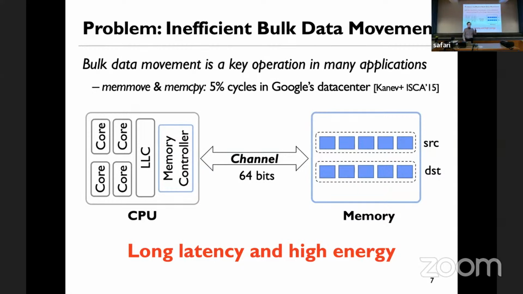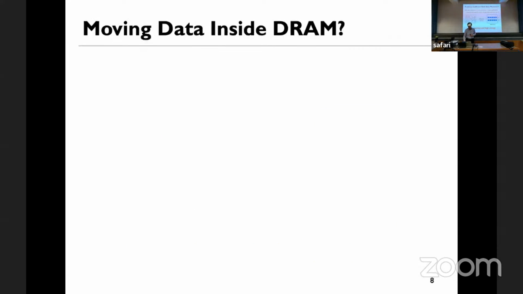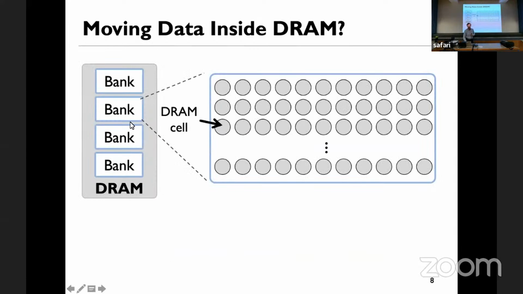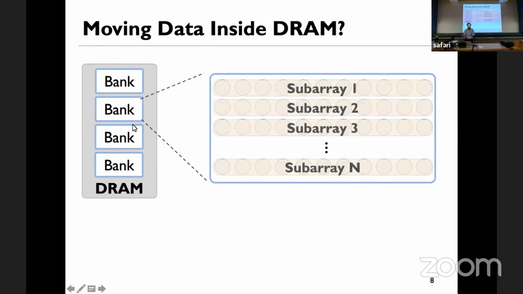So I think this is actually good to think about, because if we keep the current paradigm where we keep increasing the latencies, then energy is also going to increase. So basically moving data inside DRAM. So if you have a bank over here and you have different subarrays, RowClone, if you want to copy